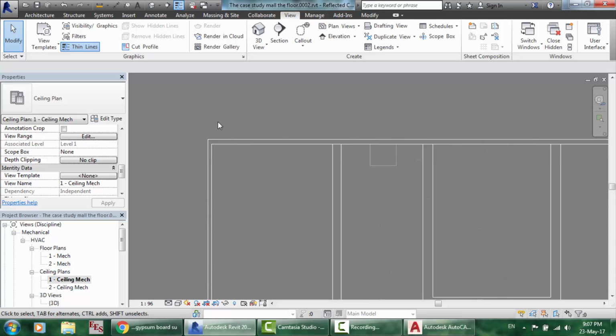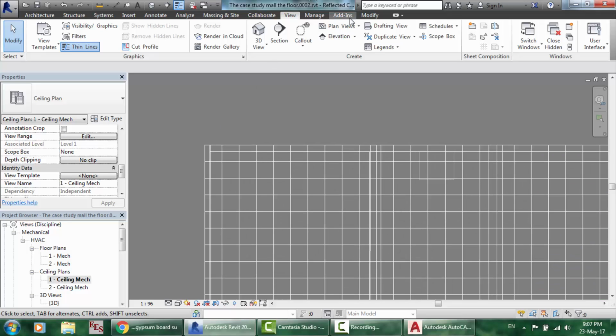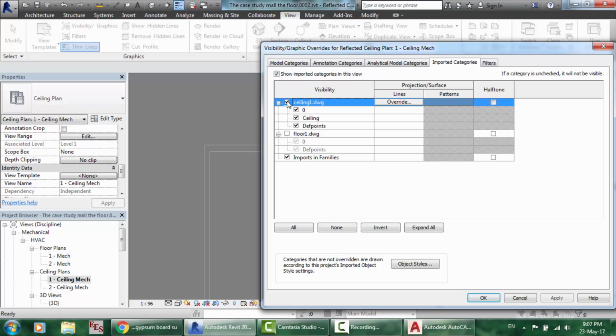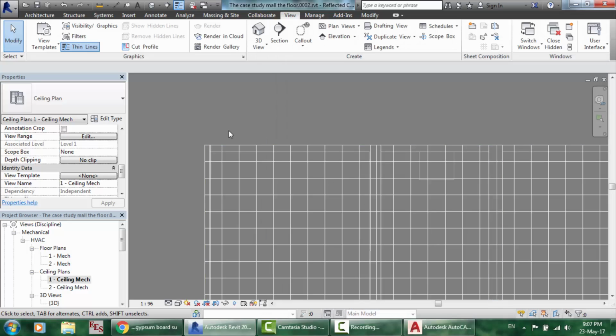Okay, what we have to do is another question, the visibility graphics. Now here importing categories, you can uncheck the floor. You don't want to see the floor if you want this, and if you don't want the ceiling, but we have to see it. Okay, click OK,